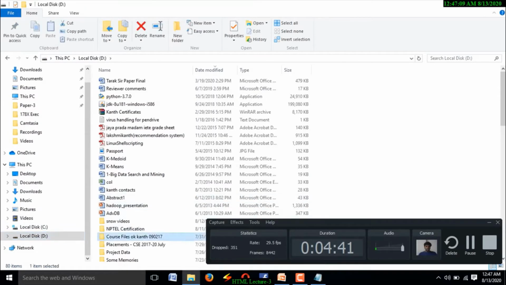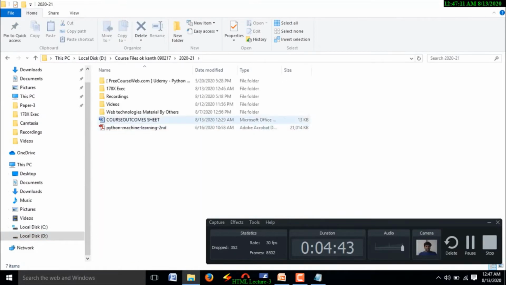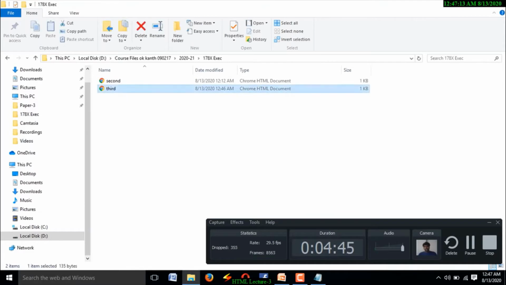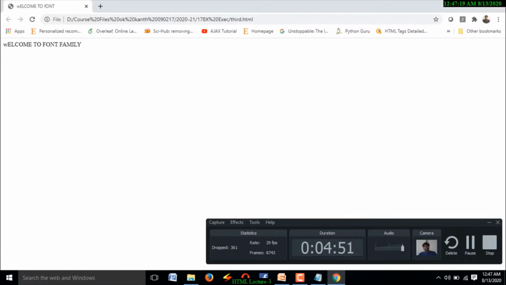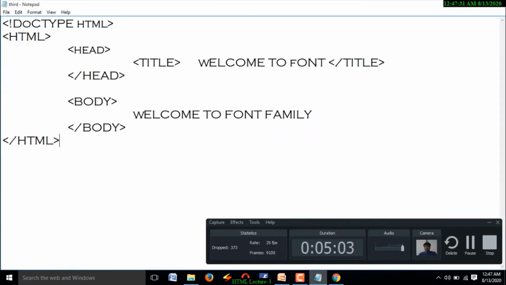Go to the D drive, source files, 178x, and file name is what? Third. File, open. Observe this. What do we get? We get a normal text here. Whatever content I mentioned in the body part, that content is displayed on the web page.